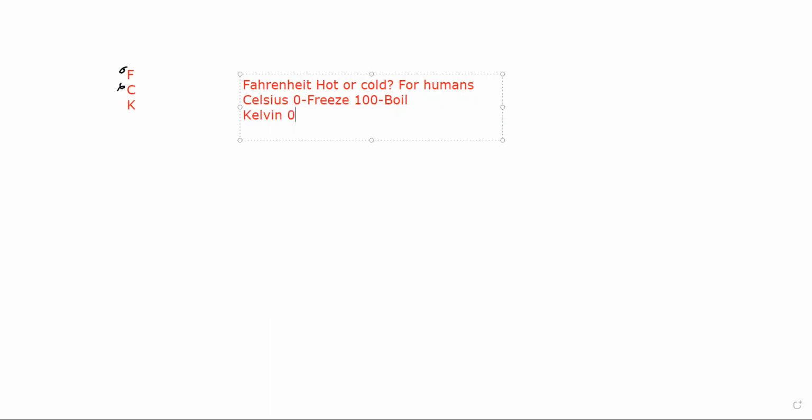So 0 Kelvin corresponds to absolute 0. So that is the point where everything is just so cold that all motion ceases, even just the gentle vibration of your atoms. And we've never been able to get something cold enough to actually reach absolute 0. But that's where it starts, and then it goes up at increments that are the exact same as a degree Celsius. So 1 Kelvin equals 1 degree Celsius,